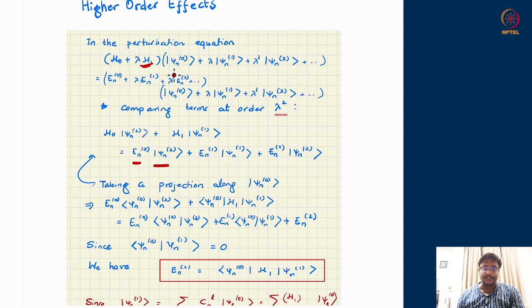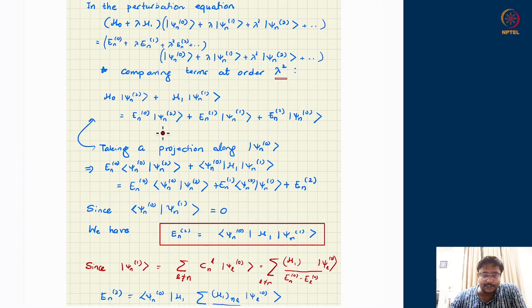So there is a lambda square possibility, or higher powers of lambda, in the energy eigenvalue. Therefore, lambda square En2 hits the lambda-independent term in the wave function, which is En2 multiplying psi n0. So all these three terms are possible on the right hand side at order lambda square, and only two terms are allowed on the left hand side, which are these two. Okay, so this is the story.